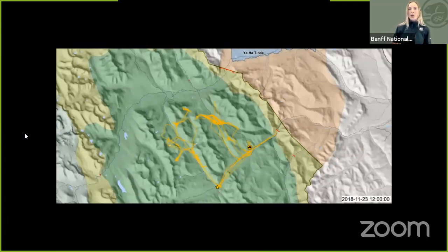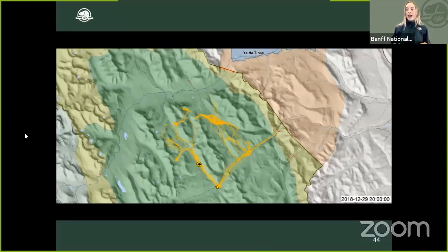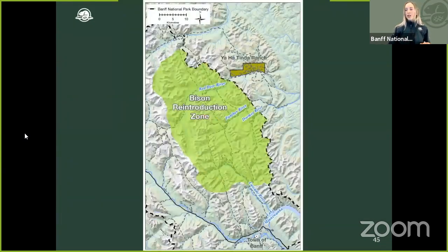And we can ask questions like, where do bison go in different seasons? Which bison is leading the herd? And how do bison interact with other wildlife on the landscape? Because we also have other animals that are collared, like several wolves, so we can see over time how they're interacting. Pretty neat. And what our data is showing us so far, that's where we want the bison to